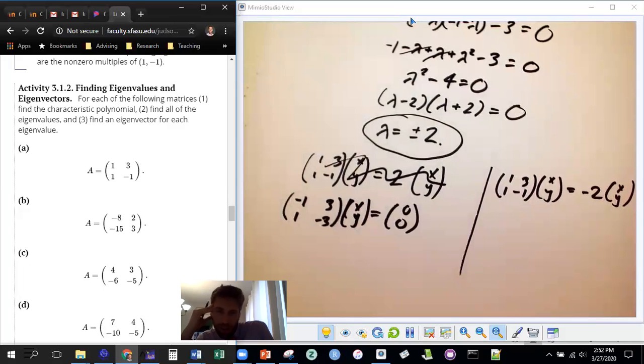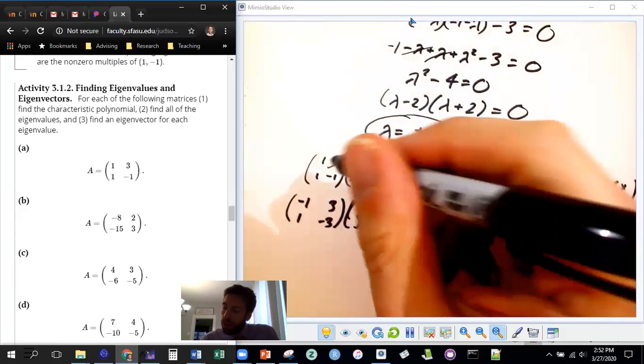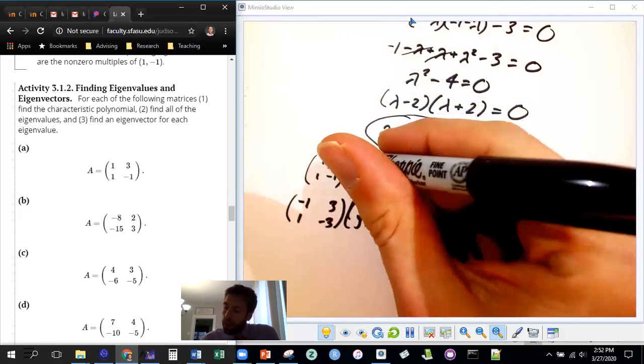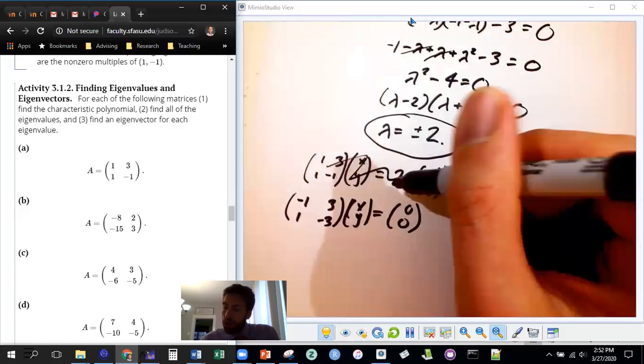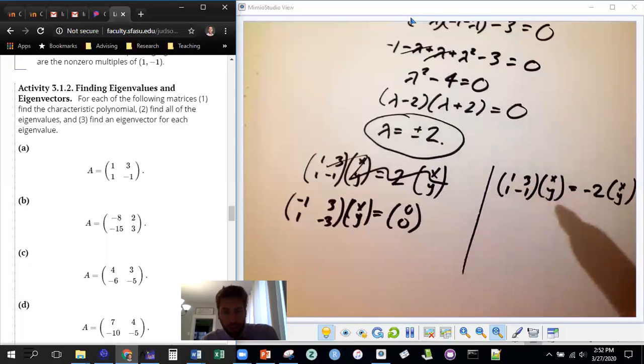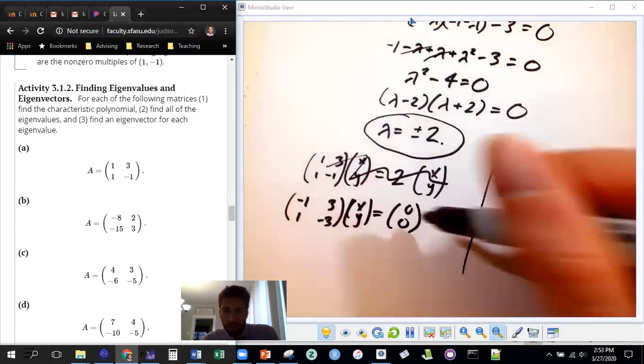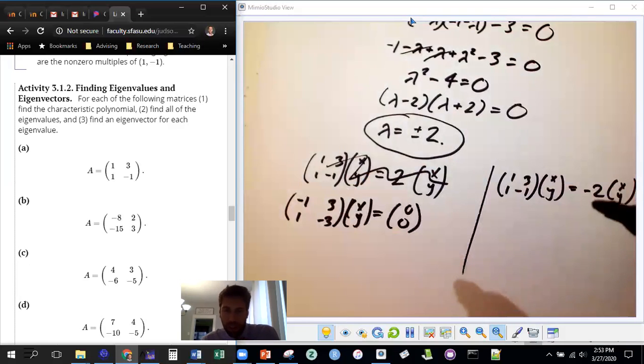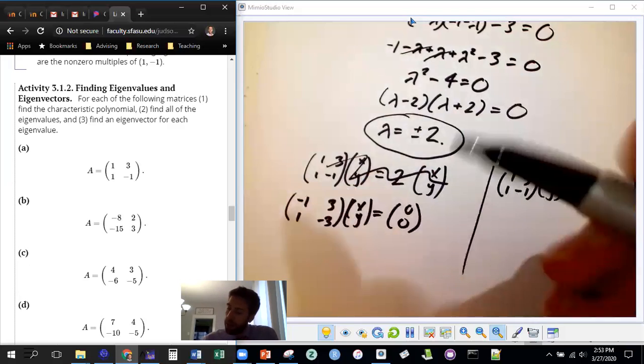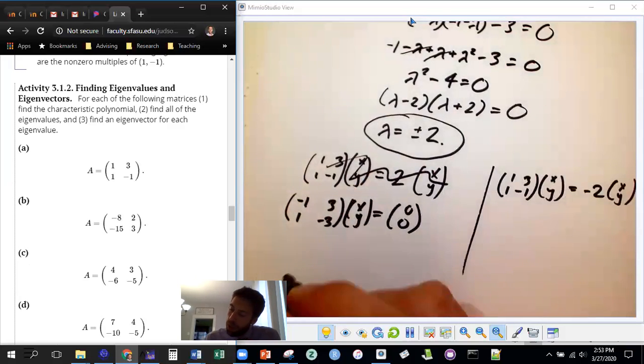So like I said, this is just computationally. What's interesting about eigenvalues and eigenvectors is that this will be the vector where the matrix times that vector is the same as 2 times that vector. Okay? That's pretty interesting, but finding it is better done by plugging in those lambdas and then solving this equation. It's just because you've got fewer x's. All right, so then this means we're looking for